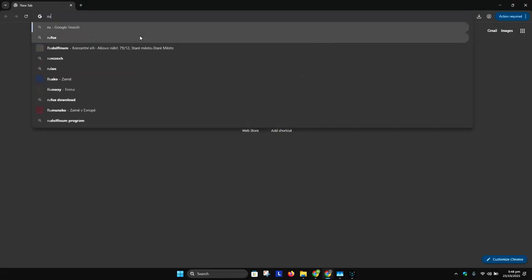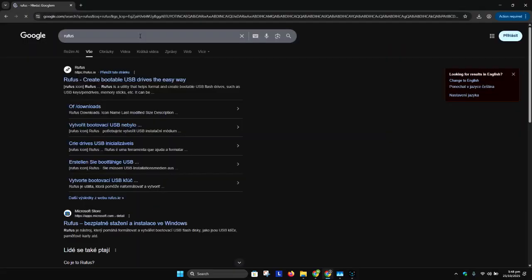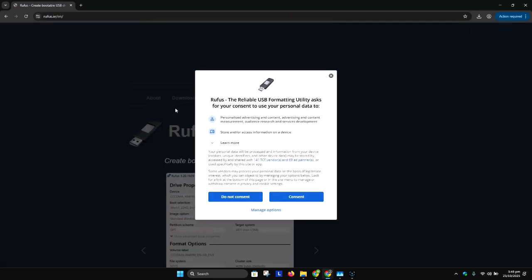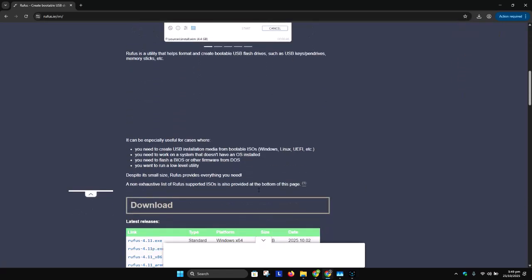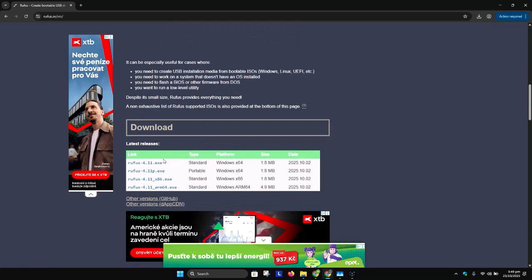We're going to download a little tool called Rufus. So type in your browser Rufus, you will see the official website. And here we have the software. So just locate .exe, Windows 64. If you are using an old version of Windows, then you might want to see if you have Windows 86